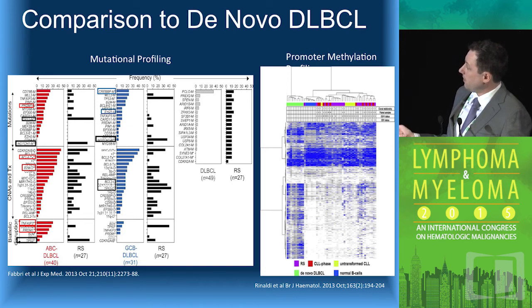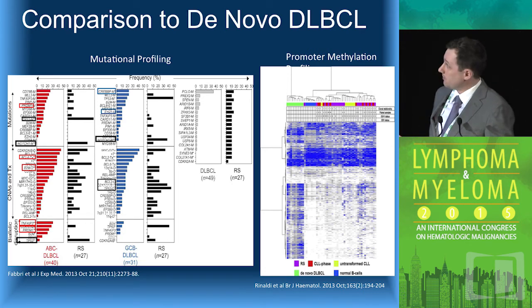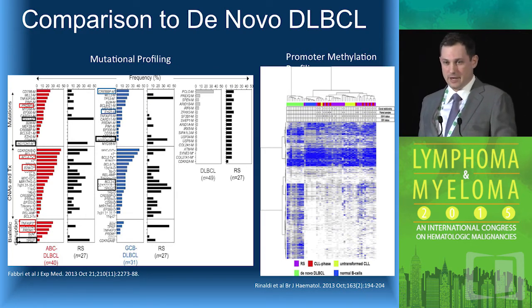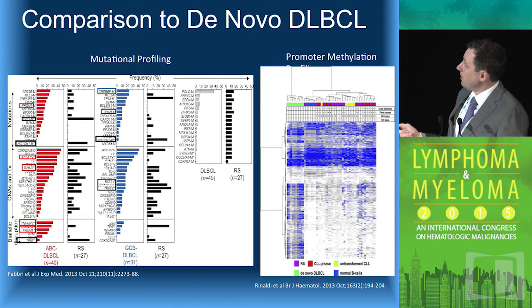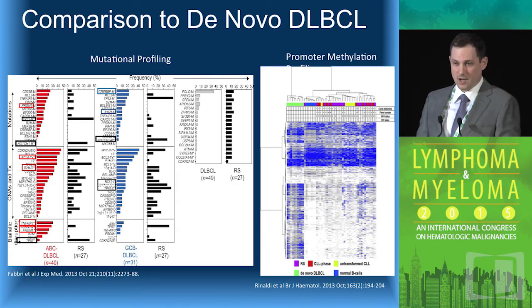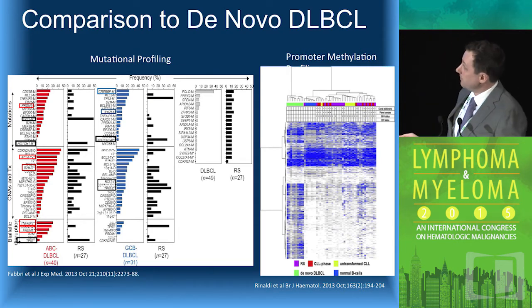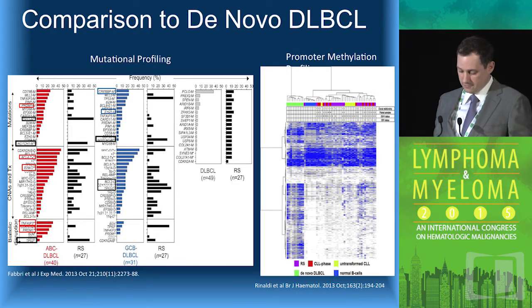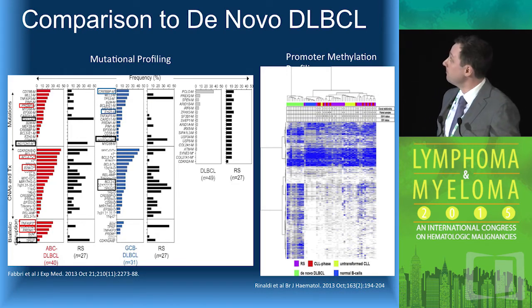I told you these are all typically ABC subtypes, and so it's not surprising there's going to be big differences here. But in terms of comparing it to a follicular transformation, we see lack of CREB-BP, lack of EZH2, which are somewhat common in the follicular transformations, and again, Notch, and then P53. So very recurrent themes and very stark differences in terms of the mutational profiling.